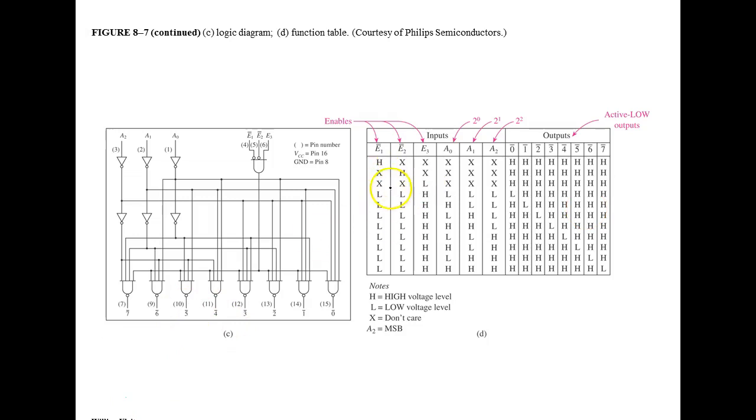Then it says, okay, this is low and it's supposed to be low. This is low and it's supposed to be low. This is supposed to be low. And I put a low on the A, B, C inputs. Now,